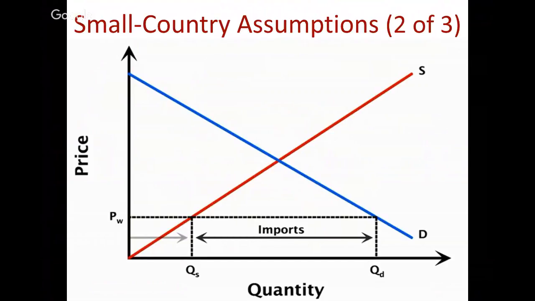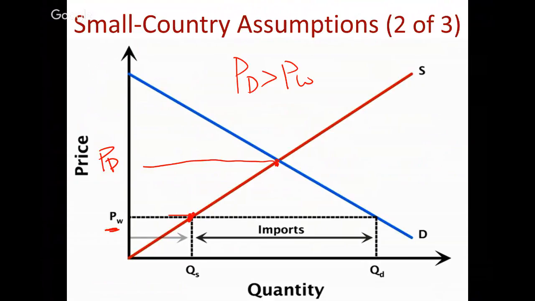So normally, in this case over here, this intersection is our equilibrium price, so domestic price before trade, and that's your world price. So notice how the domestic price is more than world price. Then what you have here is import. You're going to import this good. And to find out how many we import,